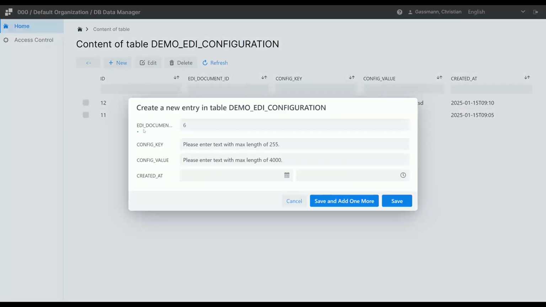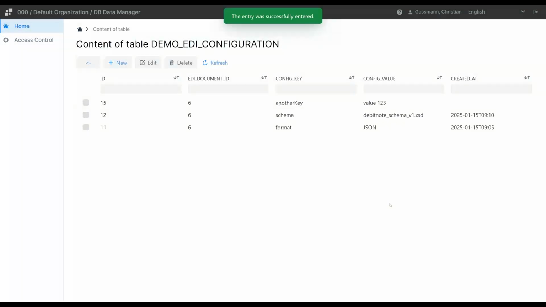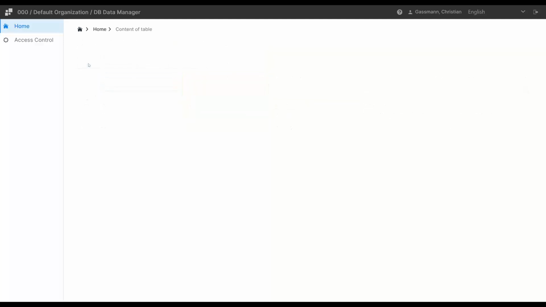So if I create a new entry here, it already populates the relationship to the parent table, the foreign key basically, and then allows me to add another configuration key. And save that for the child. So then I get another entry here, automatically generated a new ID for it, automatically populated the parent relationship, and have another key value pair for the parent. So going back to the